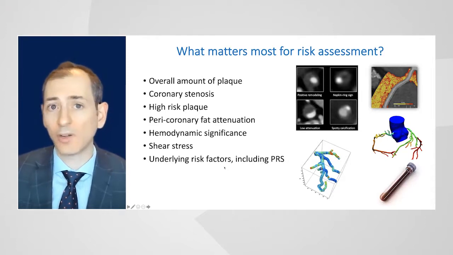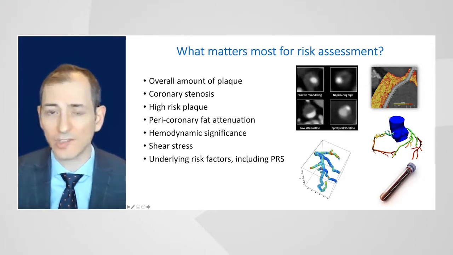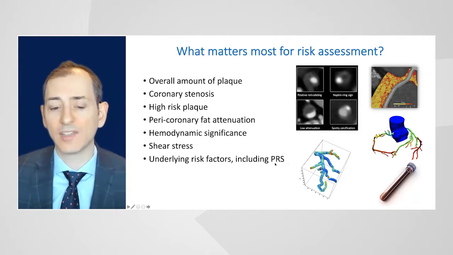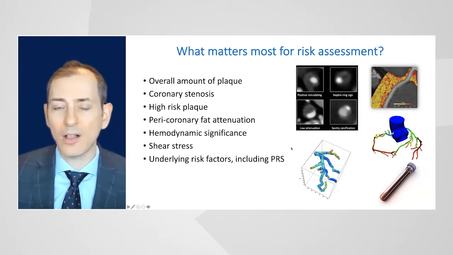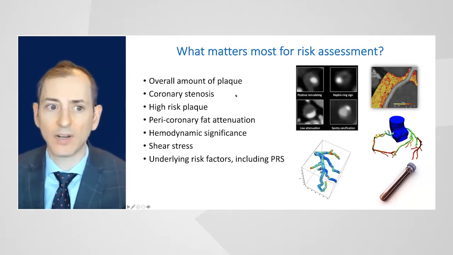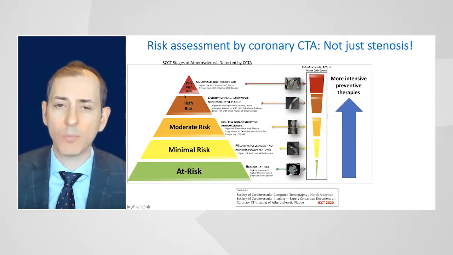But importantly, I always remind people that we should never look at CT in a vacuum. We really have to integrate the CT findings with other risk factors. For example, if the patient has diabetes, certainly their plaque is much more likely to progress. And ultimately combining this with data such as polygenic risk scores. So if we combine all of this together, and not necessarily all the techniques that you see on this slide, but all the information that we typically have on a coronary CTA, we can come up with a pyramid of